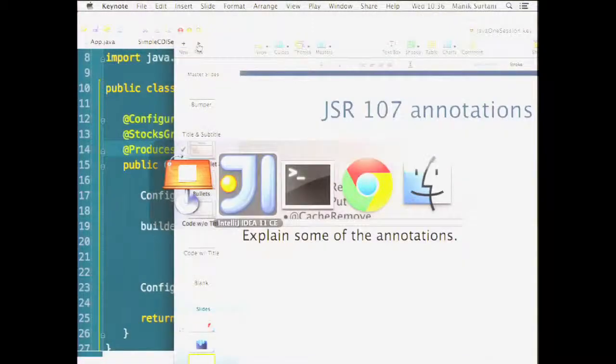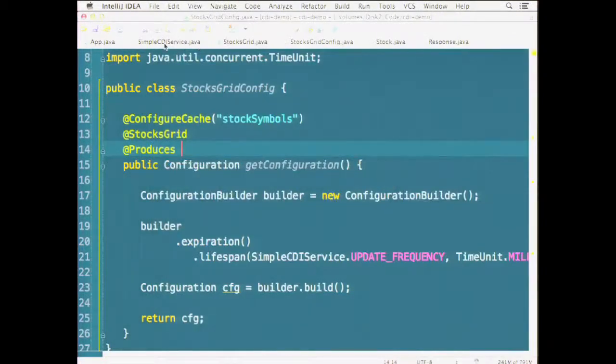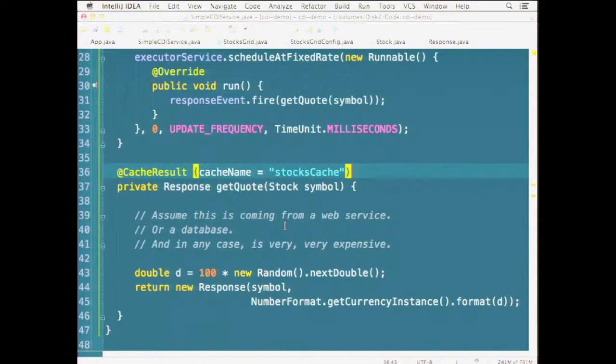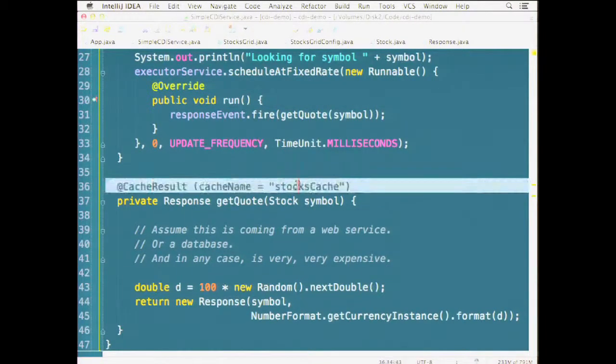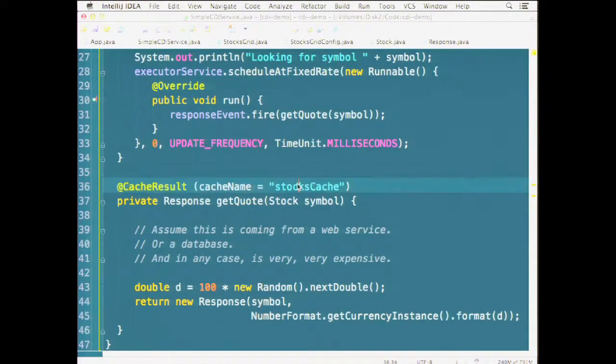So just flip back here. Any questions so far on this and how this is working? It's literally just one line of code there. On your configuration section, where you said that you're using the Infinispan specific stuff, is there not